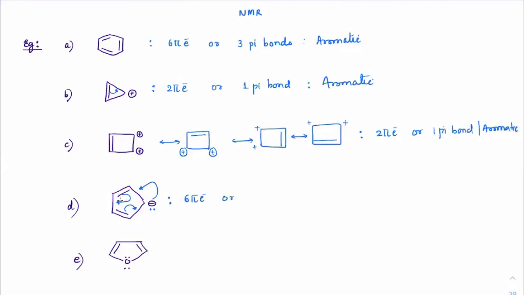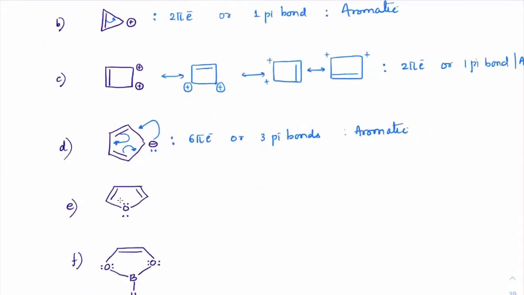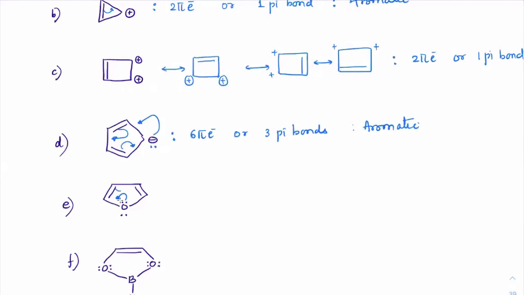Or how many pi bonds are there? 3 pi bonds. Don't think only, sir, there are 2 pi bonds. Even this minus will become a pi bond in one of the canonicals. Got it? So there are 3 pi bonds here, 6 pi electrons. That will also become aromatic in nature. Here, this lone pair will participate. This will move up, this will come down, and the entire ring will become resonance. So 6 pi electrons are participating in resonance, or 3 pi bonds are participating in resonance. Hence this is also aromatic in nature.